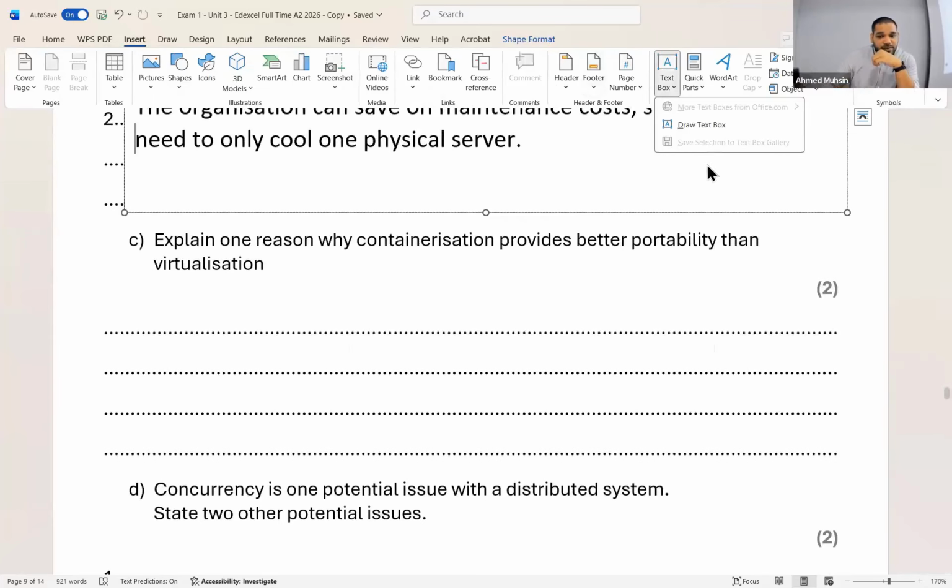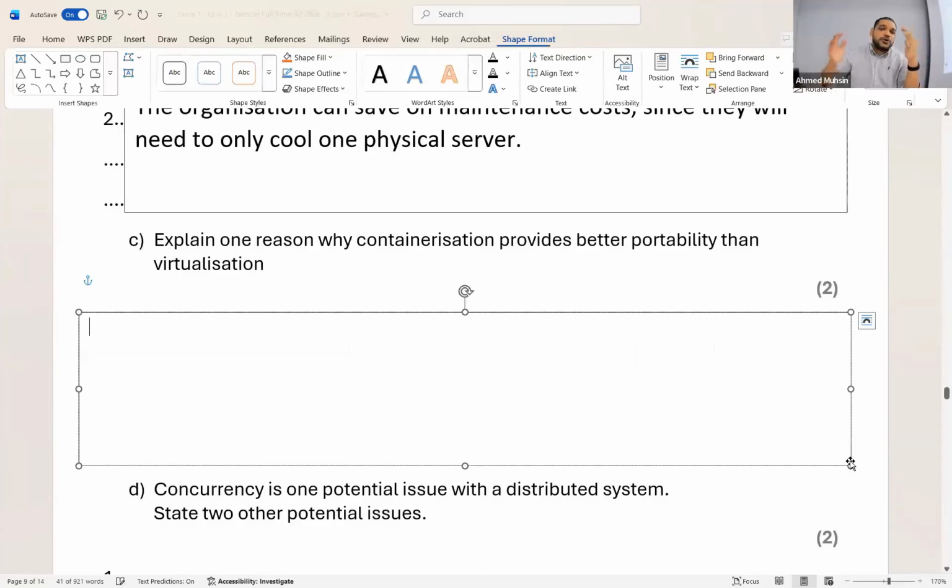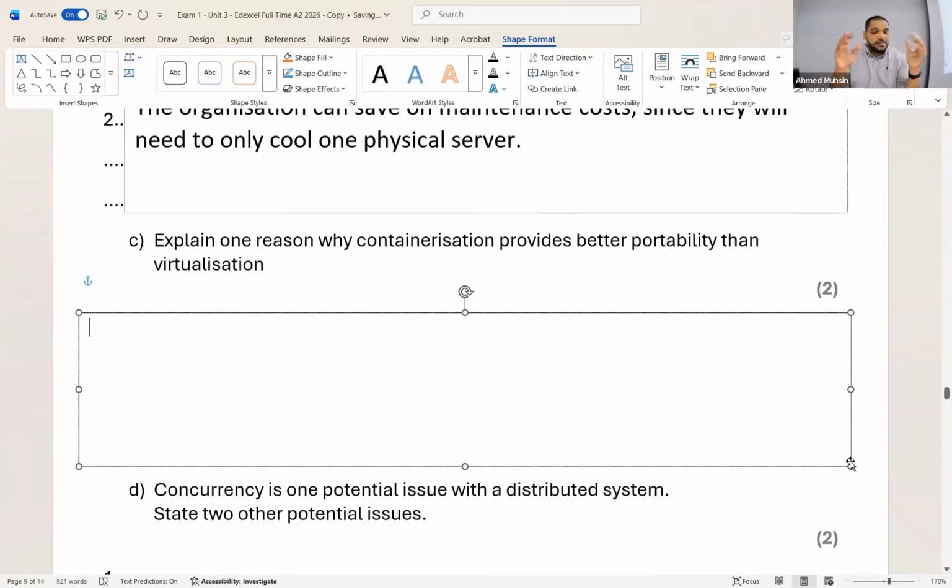Tell me which one. So everybody, do you all agree? If something is very big in file size, its portability goes down, agree? If something is very big in file size, transferring it, moving it around, putting it on another device is going to be a big task. So it wouldn't be portable. So tell me in terms of file size, which one is bigger?